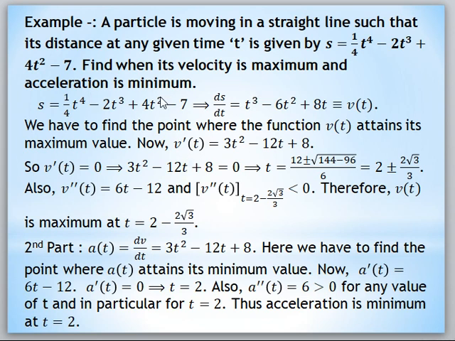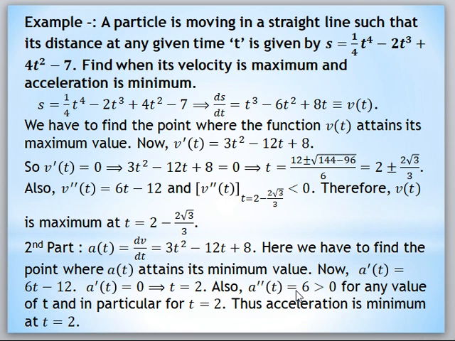Similarly আমাদেরকে এখানে acceleration কে minimize করতে হবে, তার মানে আমরা প্রথমে এখানে acceleration ফাংশনটা বার করব, that is dv/dt we know, so it is 3t square minus 12t plus 8. Then we minimize a, so we find out a dash t, 6t minus 12, make it 0 to get the turning points, which comes to be equal to t is equal to 2. এবং এটাও আমরা বার করে দেখতে পাচ্ছি the second derivative of acceleration, that is d2a/dt square, that is 6,